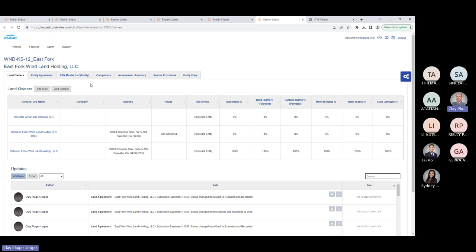All right, so within the entity, I have some tabs that are available here. The first one is landowners. This is going to show me the breakdown of the landowners in the entity. In this particular instance, I've got three landowners set up here, but only one of them is receiving payment, with a payment percentage of 100%. So Solomon Forks Wind Land Holdings LLC is receiving 100% of the payments from any of the agreements that are